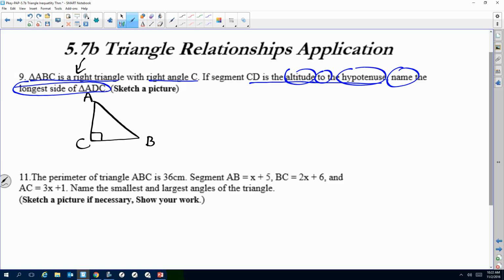It's not 90. It's not the value of 90. It's just the biggest. It's just the biggest side. All right, so